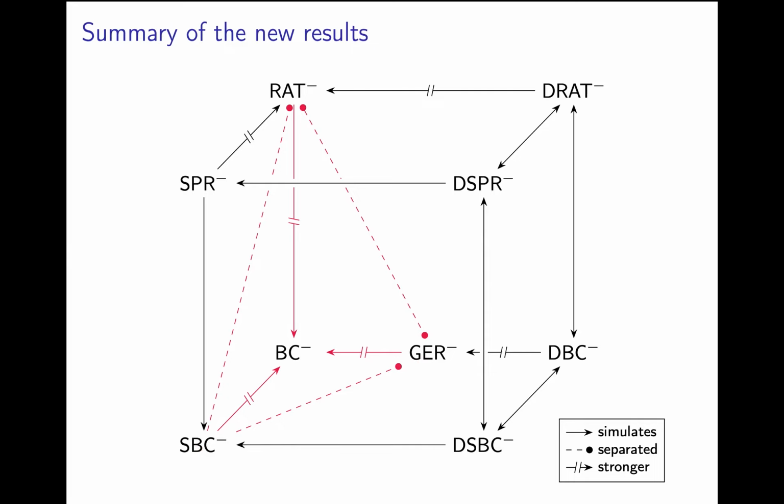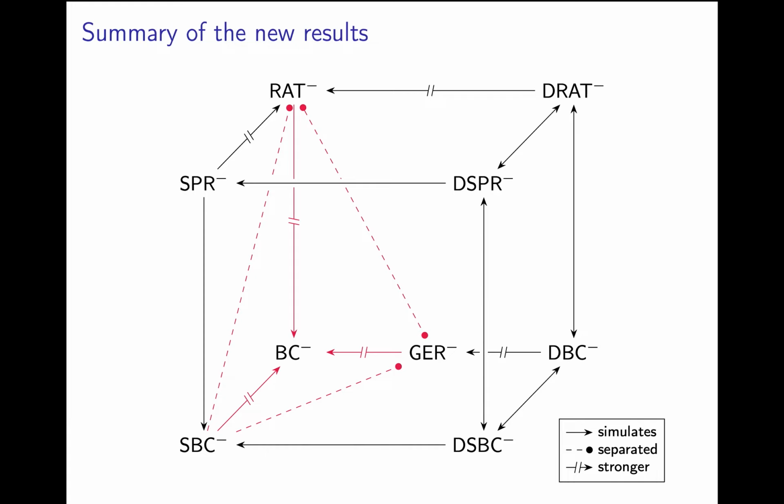And a solid arrow from P to Q with a gap in between, like this, means that P both simulates and is separated from Q, hence is strictly stronger. With variations on the recipe that I've described in the previous slides, we are able to prove a whole bunch of new separations. Also in ongoing work, we have the two missing relationships here determined conditionally, and we are now